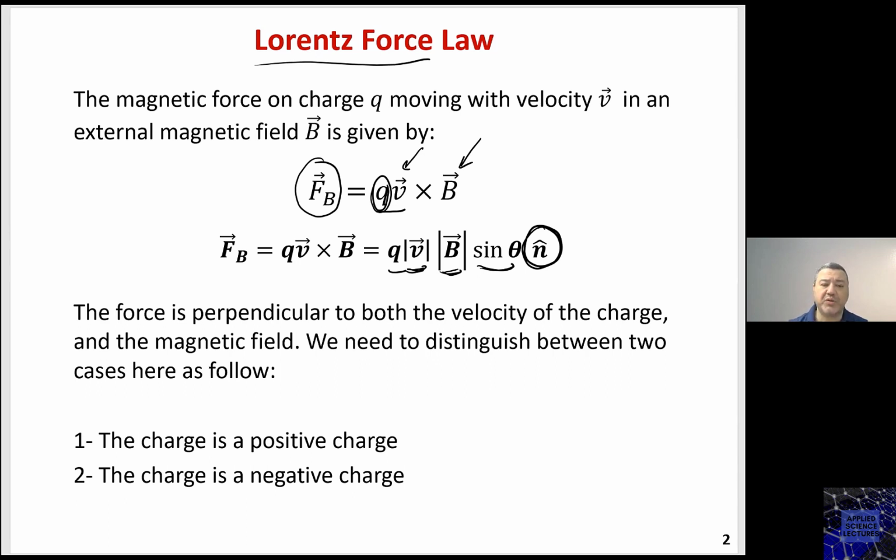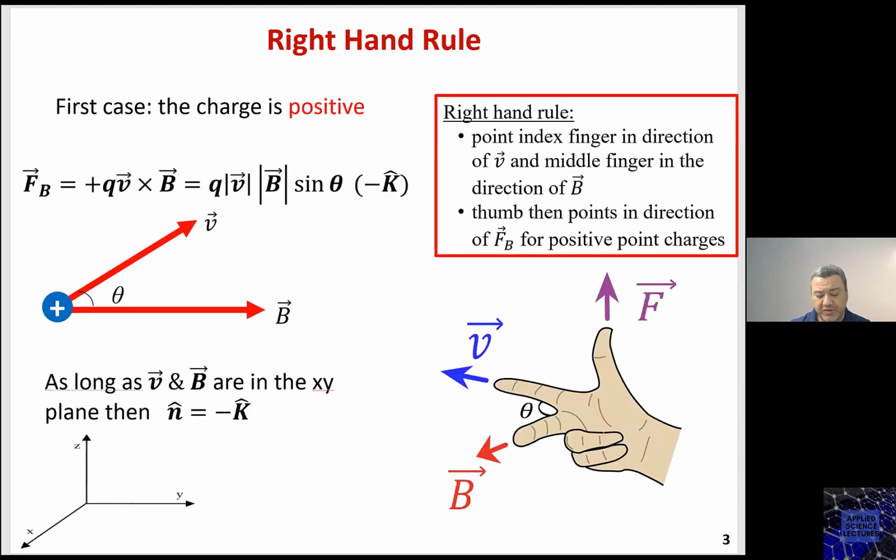So we will distinguish here between two cases. The first case is the charge being positive, and the second is negative. So let's start first with the charge being positive. In this case, we will use what's called the right hand rule. So what does the right hand rule mean? The right hand rule says that I would be pointing my index finger toward the velocity of the charge. I will be pointing my middle finger toward the magnetic field,